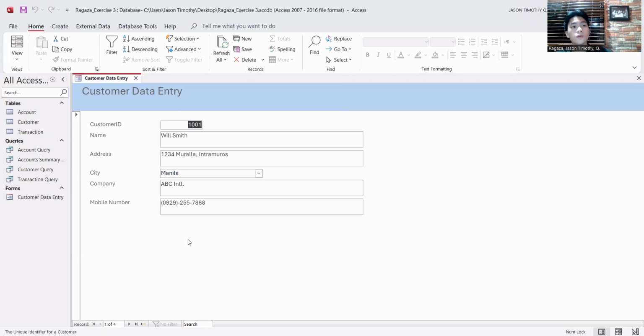Next, we are going to customize the form itself and explain its functionalities as well as its abilities in creating our form. So let's head over to Design View.